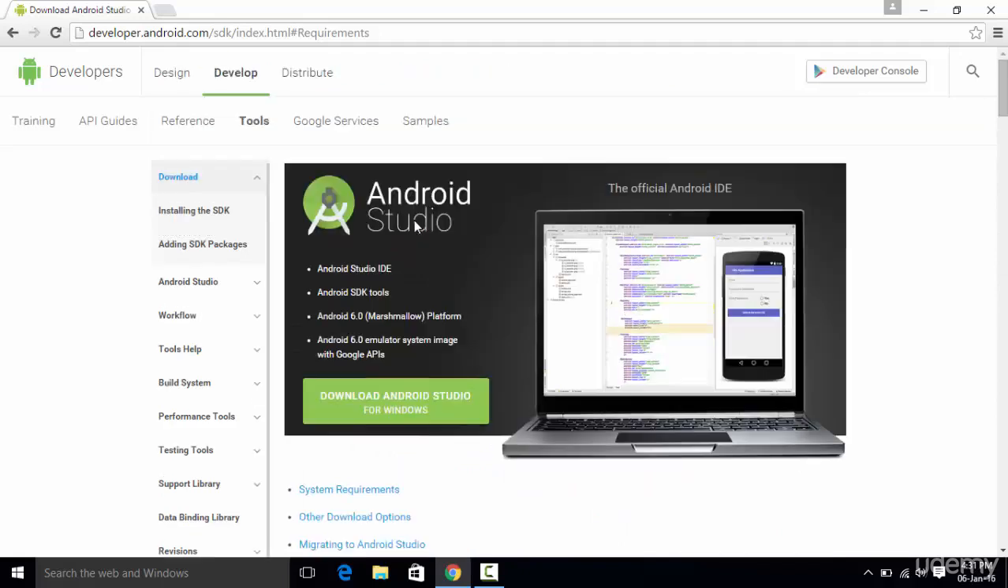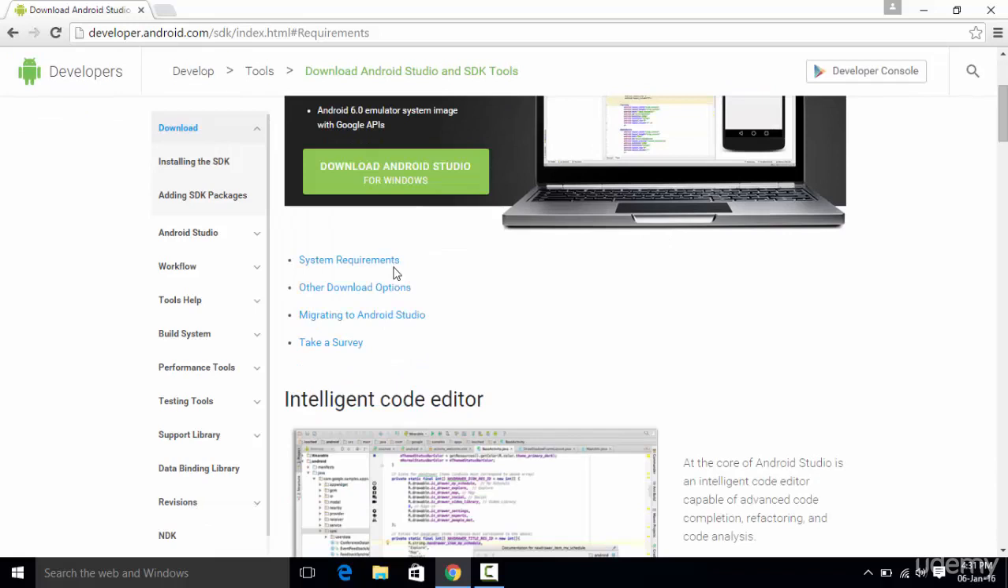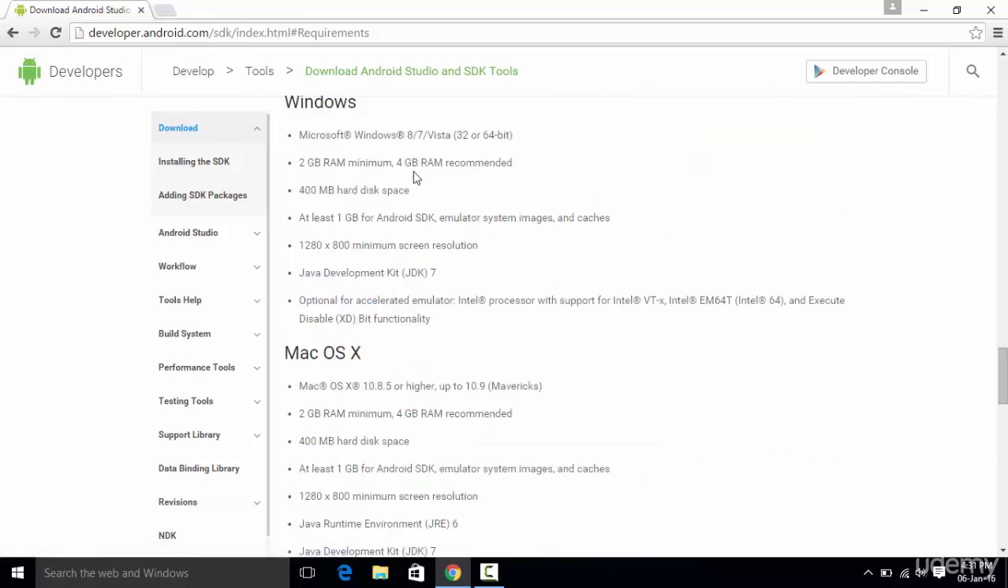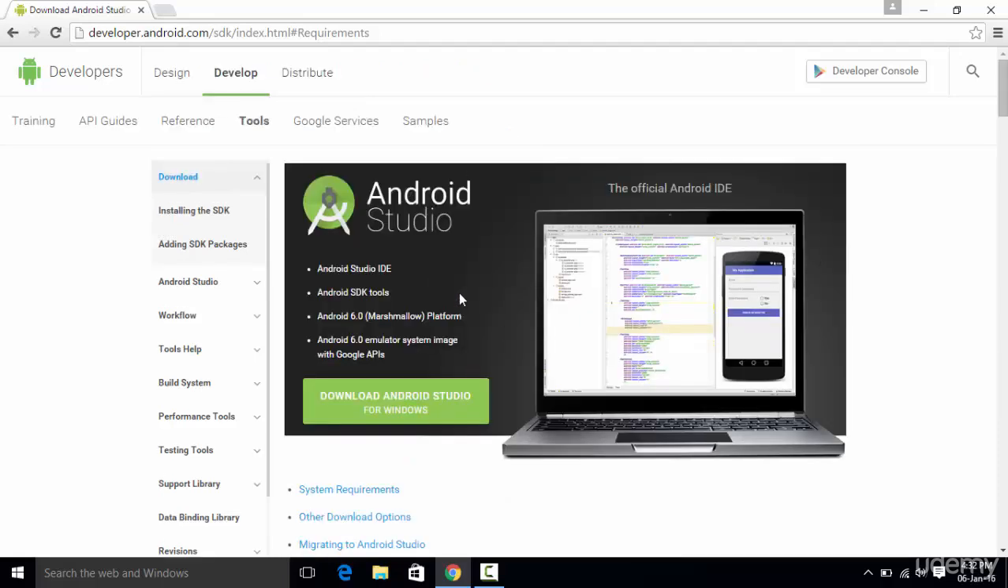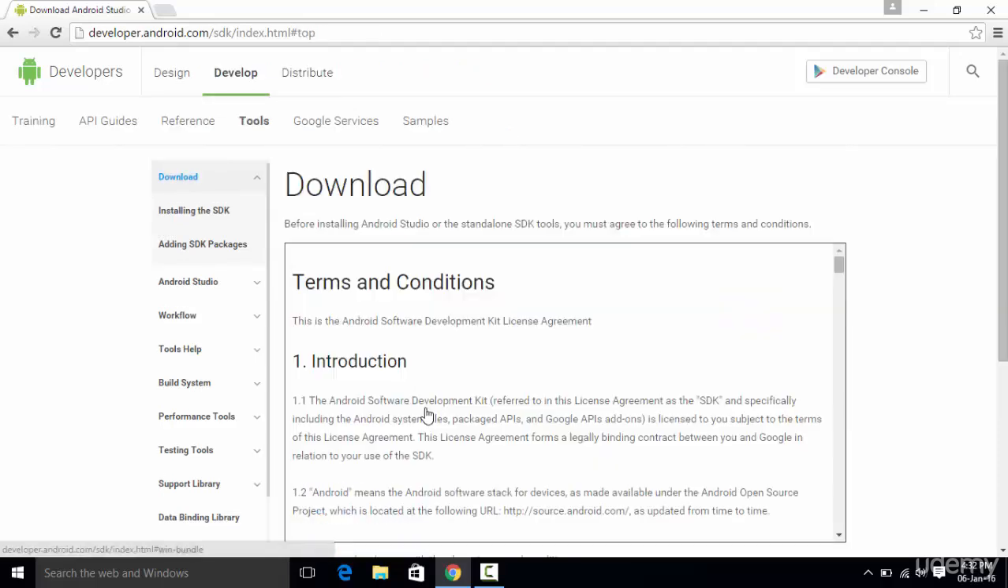It is going to allocate some memory to the emulator, or the virtual device. It creates a virtual device for us so that we can run our Android applications, and it needs to allocate some memory separately to it. So you need at least 4 GB of RAM if you want to install Android Studio. It works on 2 GB RAM, but it takes a lot of time for the emulator to load up, and you'll have to wait a lot for the app to get running on the emulator. Also make sure that you have 400 MB of hard disk space, and the rest of the requirements are pretty much the same. After reading the system requirements, you click on this download Android Studio button,